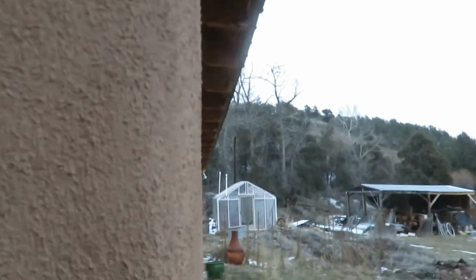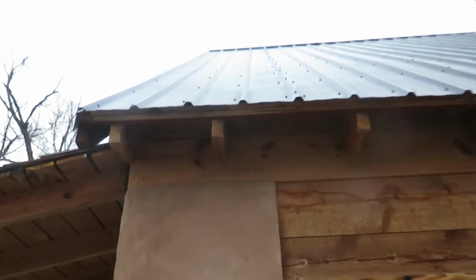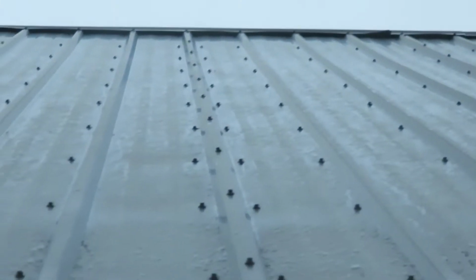While I'm out here, I want to show you my roof, which is a Propanel roof. It's getting a little bit dark, but I think you can see. I put underneath the roof 1x2s and 2x2s, creating a channel above each rafter. I have 2x2s going up, creating air channels that run all the way up to the top